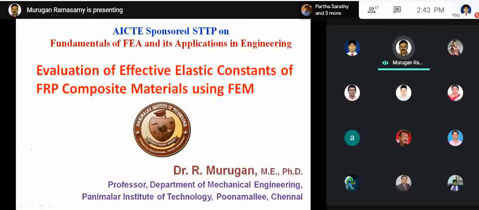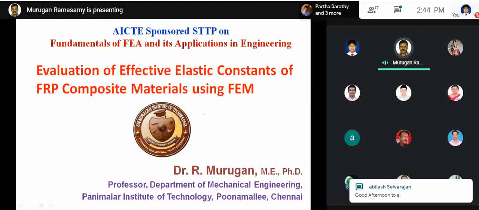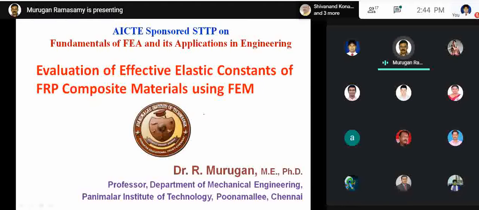So this time I'm coming with a different topic. Actually, this topic is a combination of three major fields. We are going to use the finite element method in the composite materials area. In addition to this finite element method, we are also going to use experimental modal analysis. That means three different fields we are going to discuss, participants. One is composite material, another one is mechanical vibration, and third one is the finite element method.